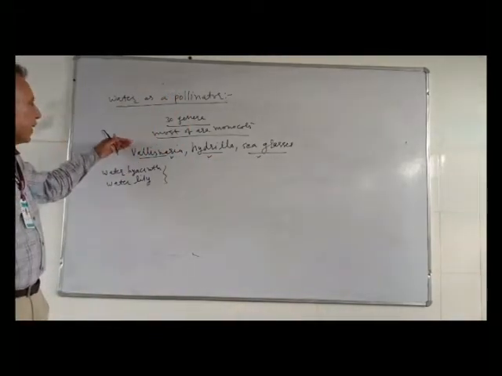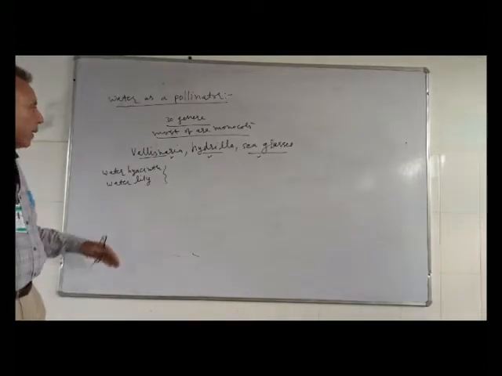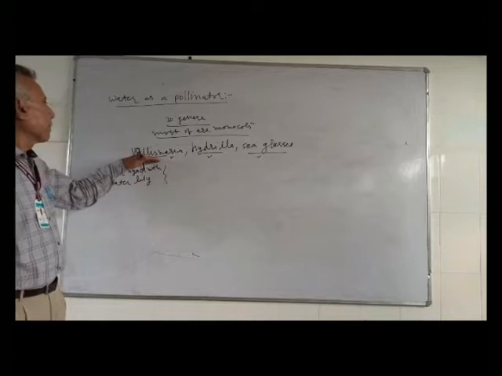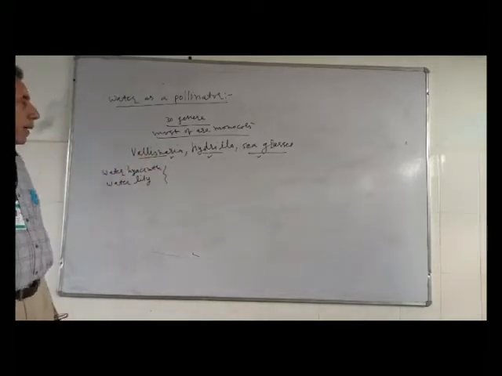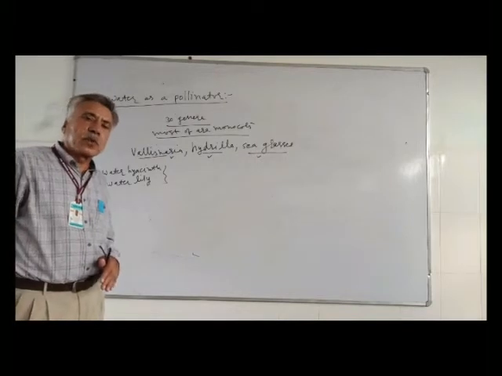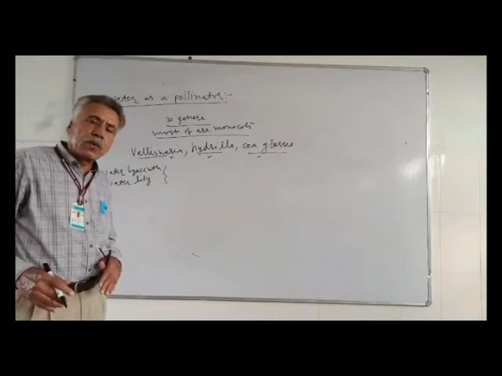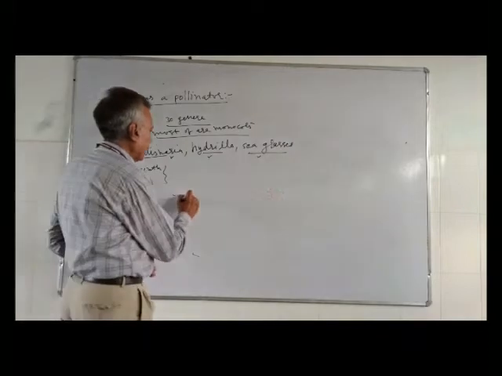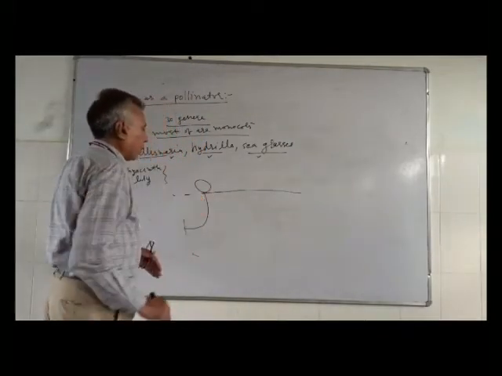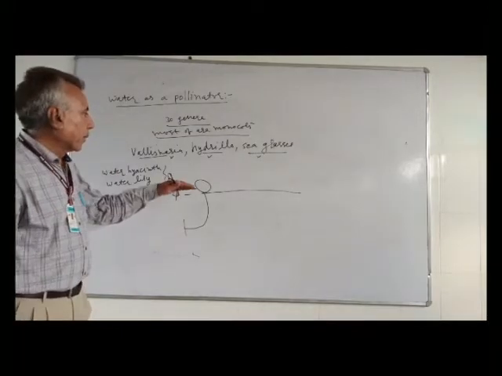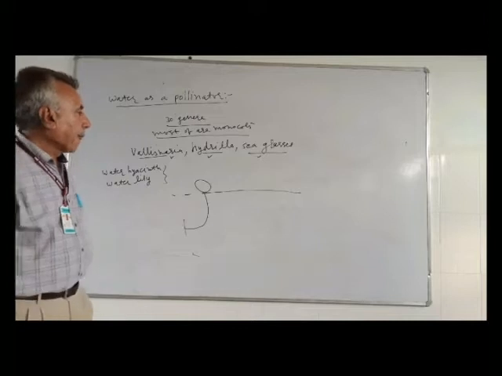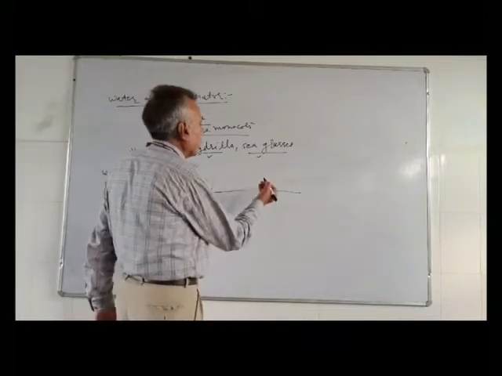In Vallisneria, it is a freshwater aquatic plant. Its female flower has a long stalk. With the help of the long stalk, the female flower comes on the surface of the water body, and the male flower